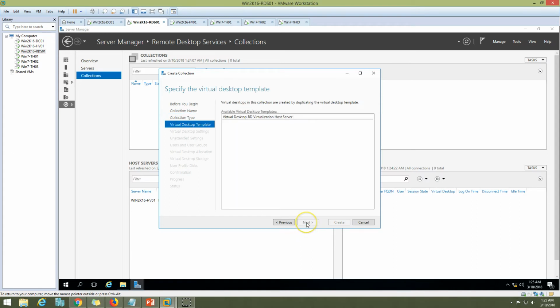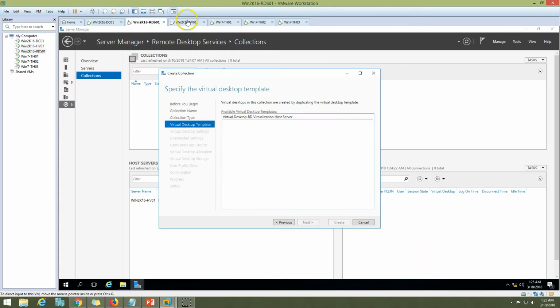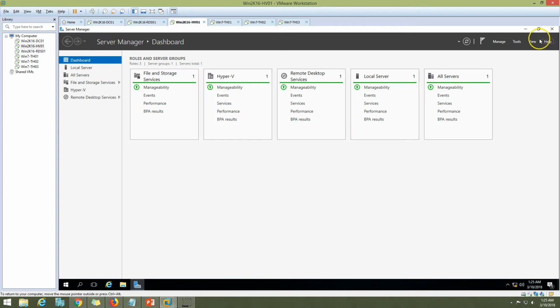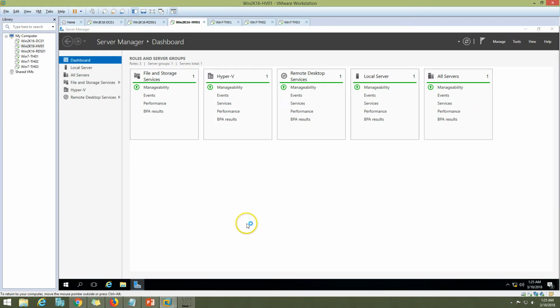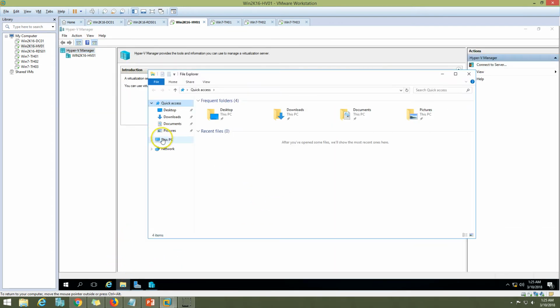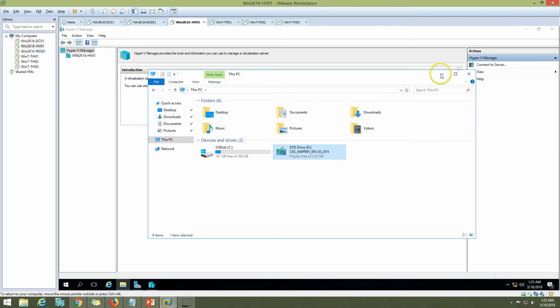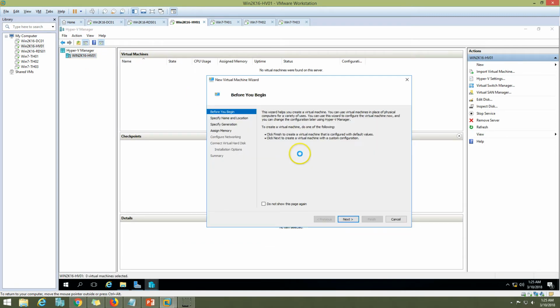So click next, and here you can see the virtual desktop template, because we don't have any virtual machine template here on our RDS Hyper-V host server. So I'm going to create this, and then we can proceed with the collection. So we require a template, so I'm going to create a template first. So I'm going to open up my Hyper-V manager, and I already have mounted my Windows 10 installation media on my DVD drive. So I'm going to create a virtual machine here, and I'm going to call it like